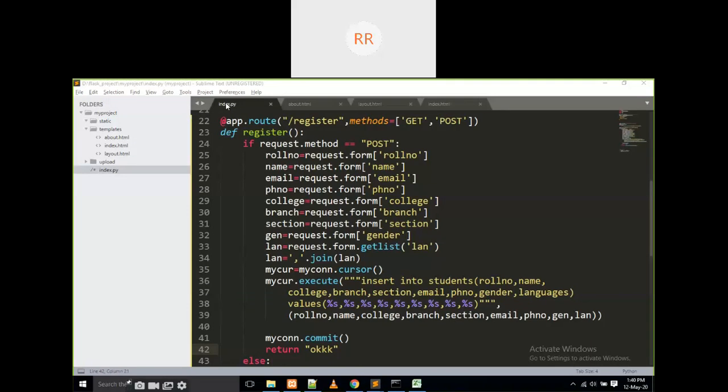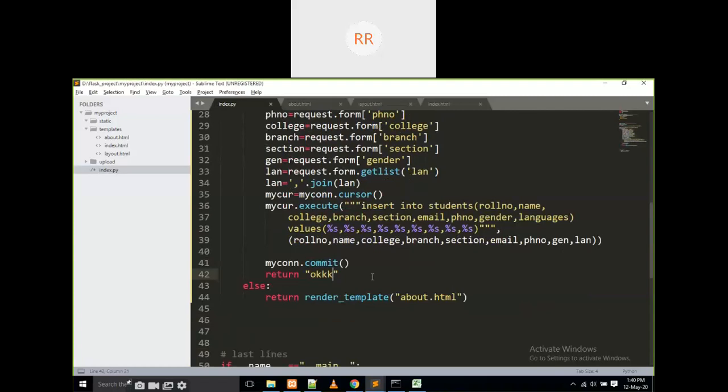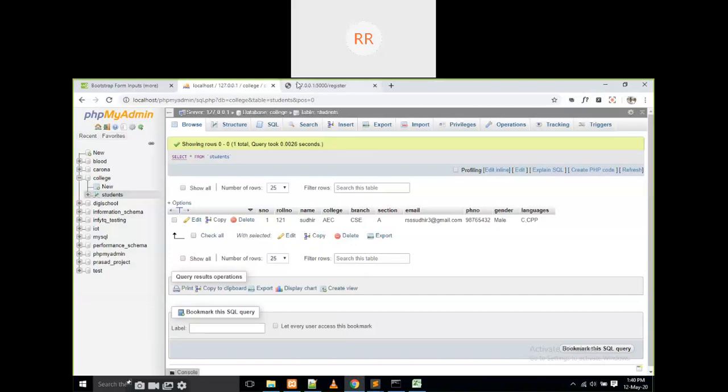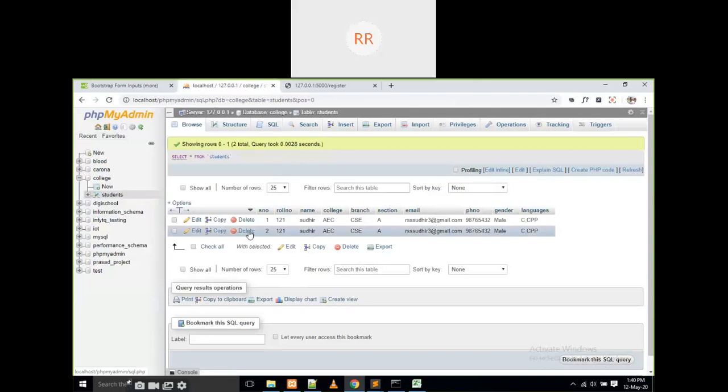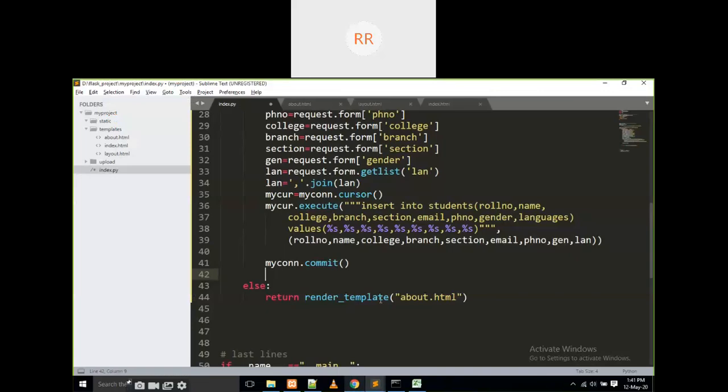Now I am going to redirect to the same page. Don't call render_template here. If you use render_template, what does it mean? If I refresh it again, it is going to be submitted again. If you observe, it is going to be inserted again. But we don't need that. That's why, after this, we are going to return